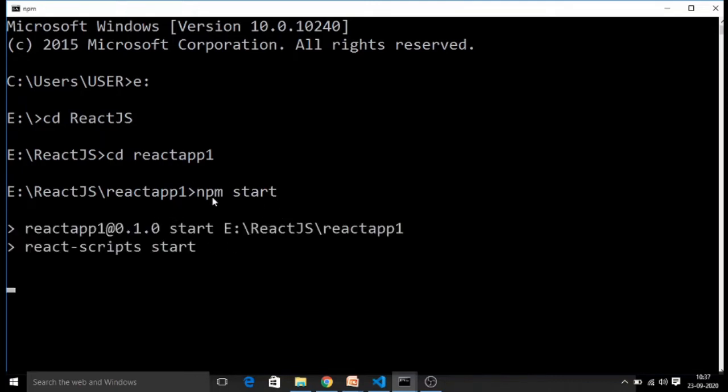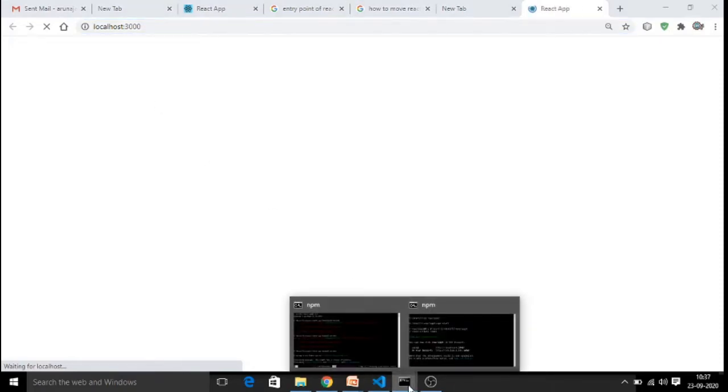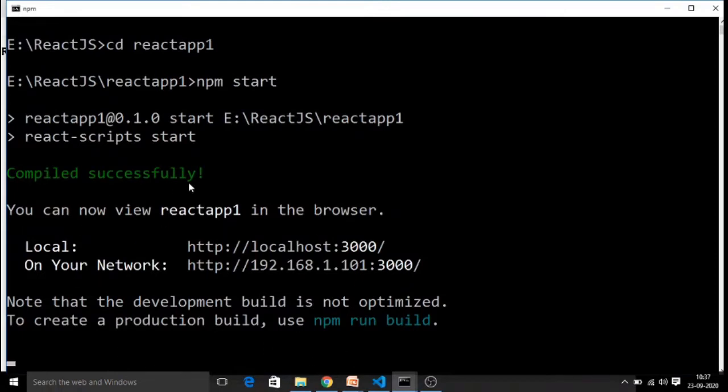The same thing we can also do when we open that application which is already created in my system. Okay, so here it is running. I'm going to show you in two ways. One is at the command prompt, where I am running it. It says compiled successfully, and it asks you to go to this path to view the output of your React application. Now when you switch to this localhost 3000 port, you are able to see the output.